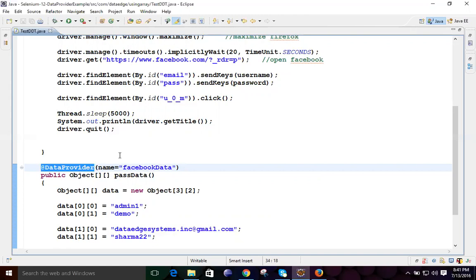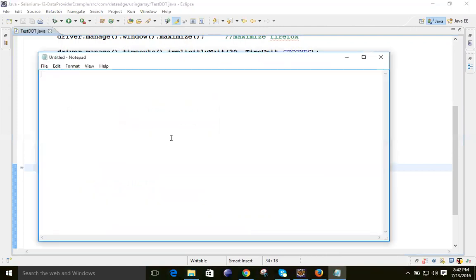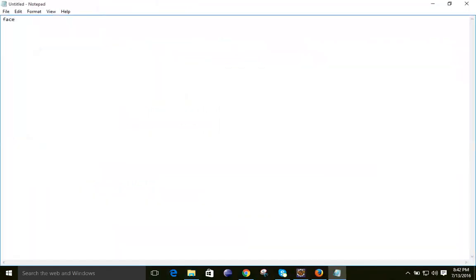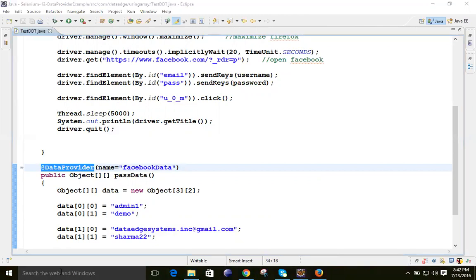The example we are going to take is logging into Facebook with different user IDs and different passwords.